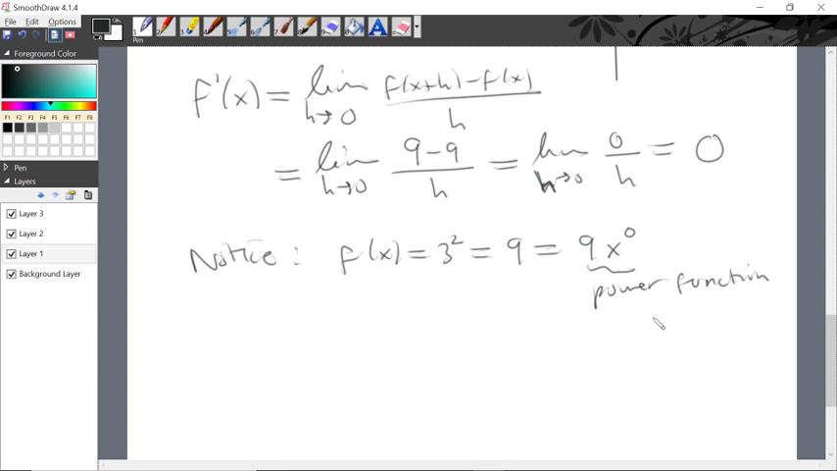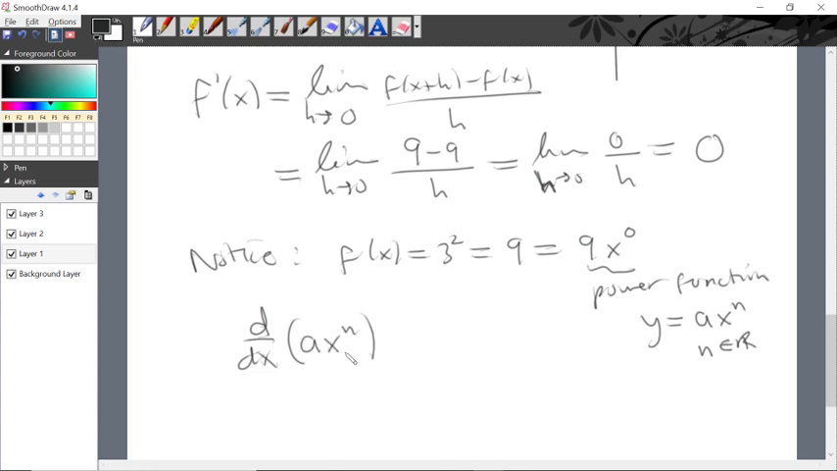Okay, it's a power function. It's of the form y is equal to ax to the power of n, for instance, where n is a real number. In this case, n is equal to 0. So, the derivative of a power function, x to the n, even if we put a constant in front, right,